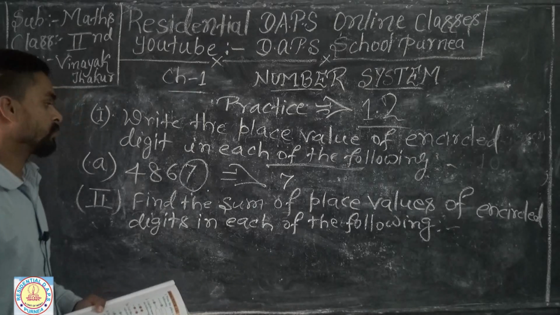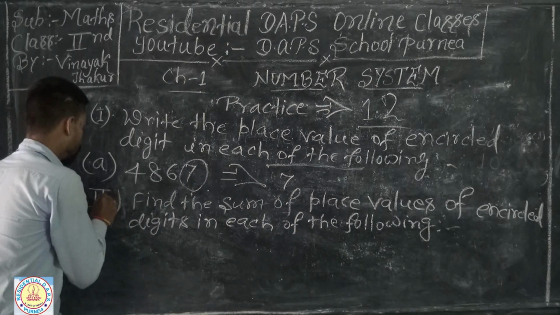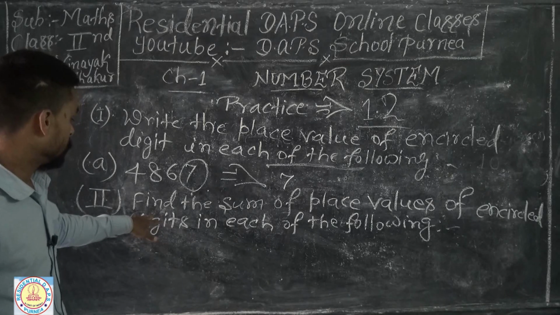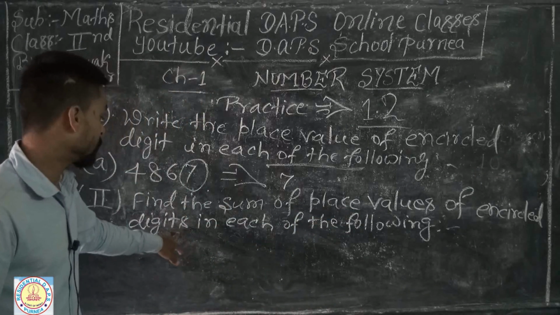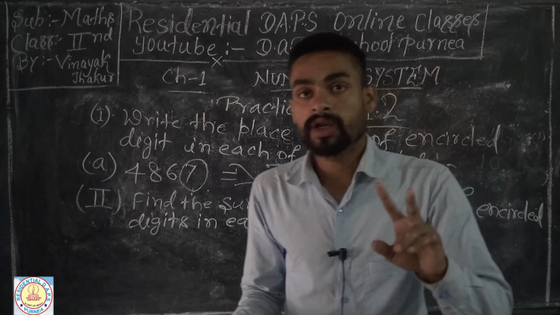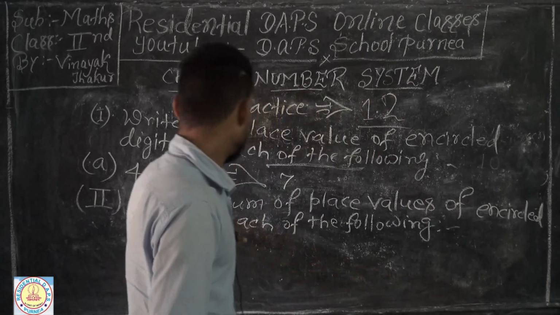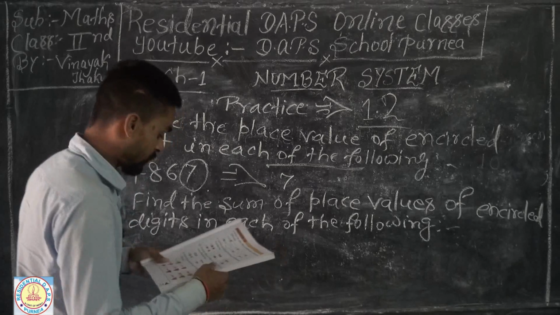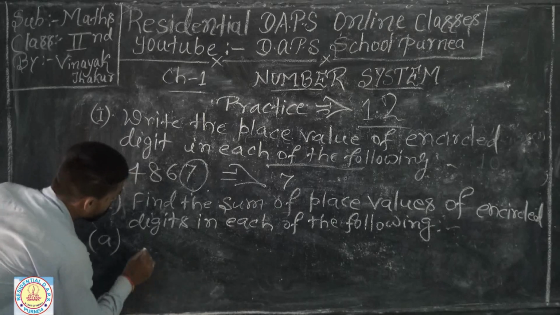So guys, look on your blackboard at what your question is telling us. It says find the sum of place values of encircled digits in each of the following. आपके क्वेश्चन नंबर 2 में जो इनसर्कल डिजिट्स हैं इनके प्लेस वैल्यूज़ निकाल करके उनके सम बनाने हैं. सो सबसे पहले आप अपने नंबर के प्लेस वैल्यू निकालें. आपका दिया गया नंबर है